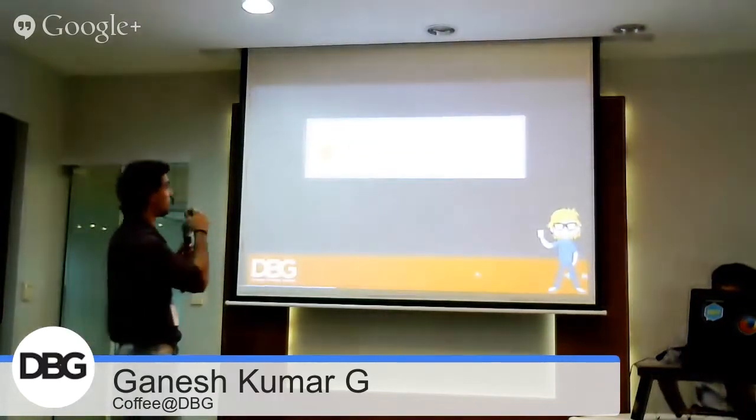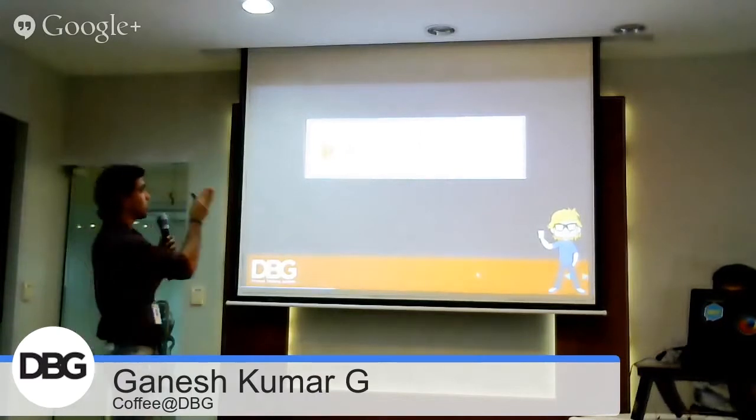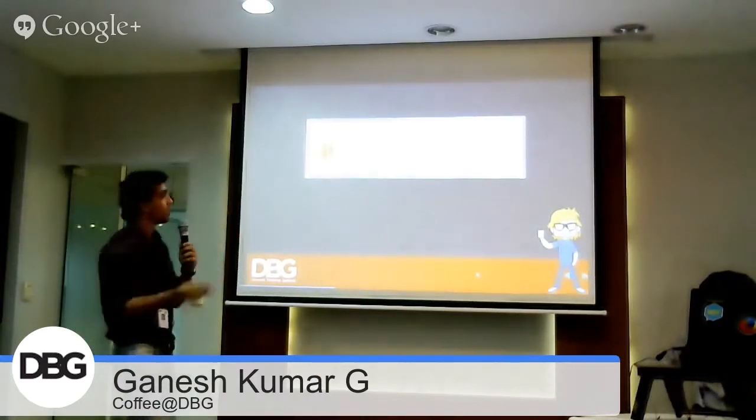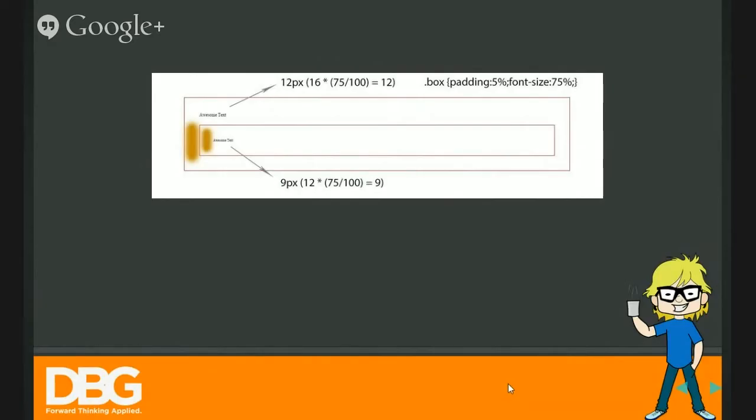A nesting of percentage unit. Here, the same divisions, the same class, and the padding changed to 5%. Font size changed to 75%. Here, the outer box class font size will change to 12 pixels. It's because 16 into 75 by 100 is equal to 12.